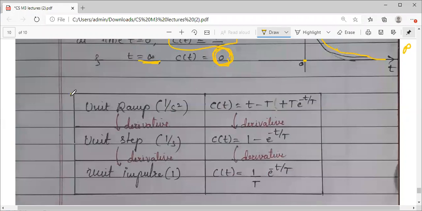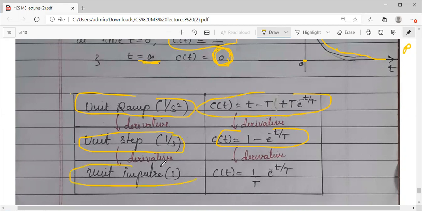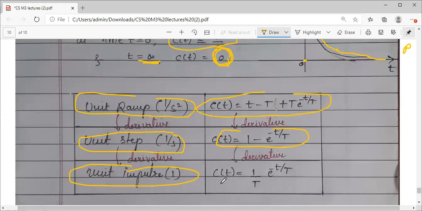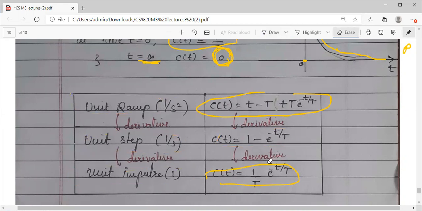So I just, collectively as a summary, I have written, we first started with step, right? So we started with step when I applied step signal as the input to the block diagram, to the system, which I have considered. I have got this as the output. Then I went to ramp. When I apply ramp signal, this is the output I got. Okay, you can just cross verify. Same equations I have written. Third one is when I apply impulse, what I got? This one. 1 by t into exponential. This one.